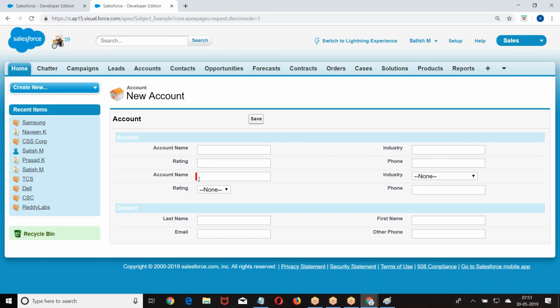Input field, when I take input field, what will happen? When I say input field, if you are a pick list, I'll give you a pick list. If you are a currency, I'll give you a currency. If you are a text, I'll give you a text. If you are a phone, I'll give you a phone. I hope you are getting my point. Is that clear for everyone?